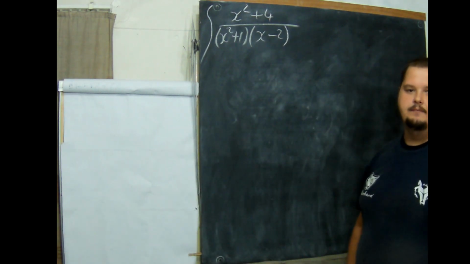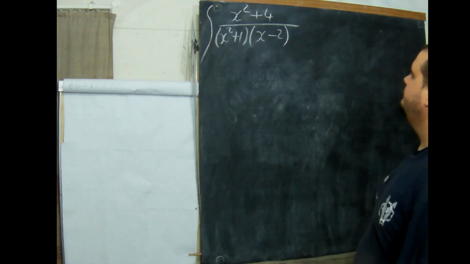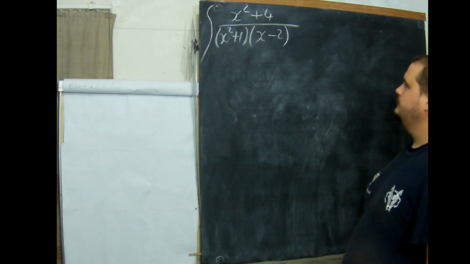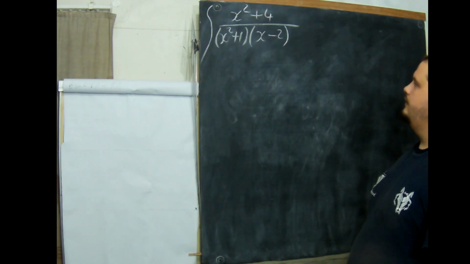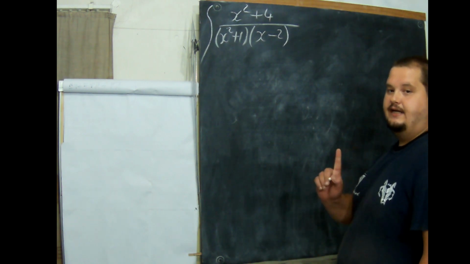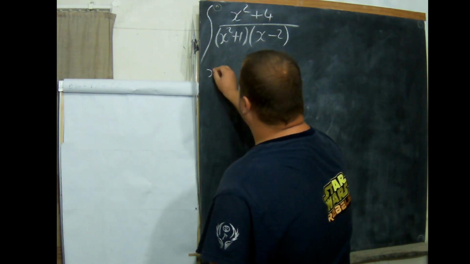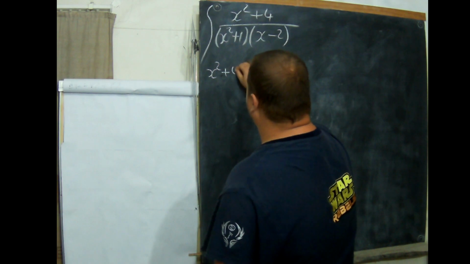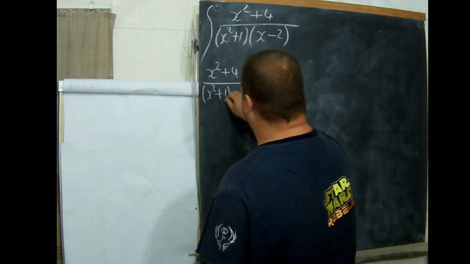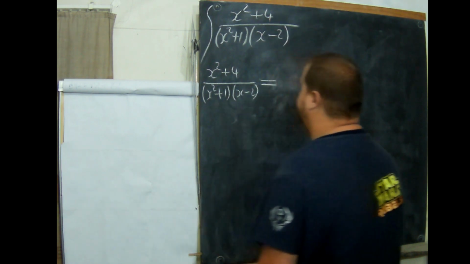Okay, this is our sum. Now, what we need to do is get A, B, and C, because there will be a C here. I'll show you why. Because it'll be (x squared plus 4) over (x squared plus 1)(x minus 2) equals